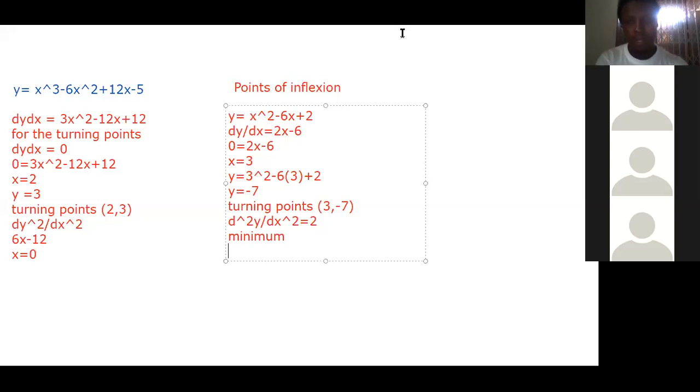So let me clean the board. I'm cleaning the board. I'm doing applications of